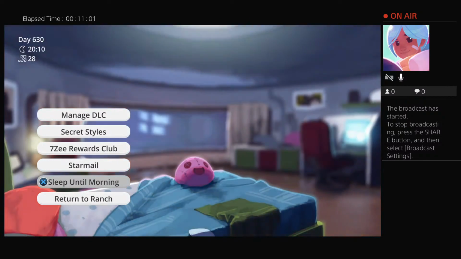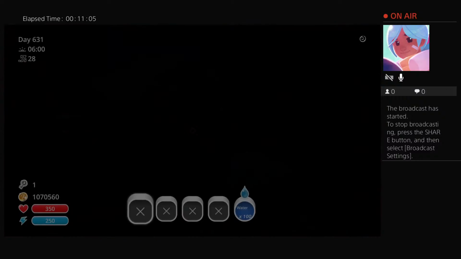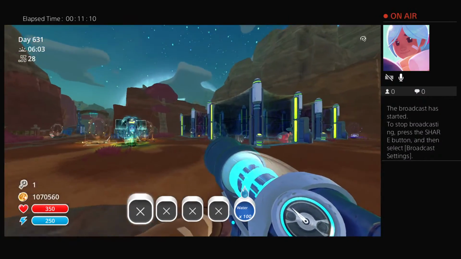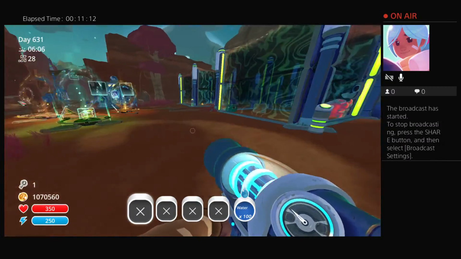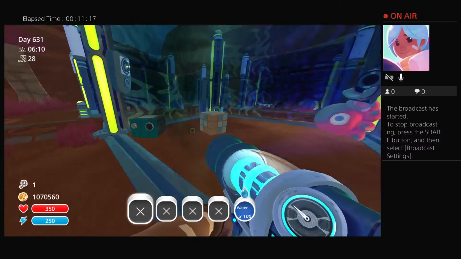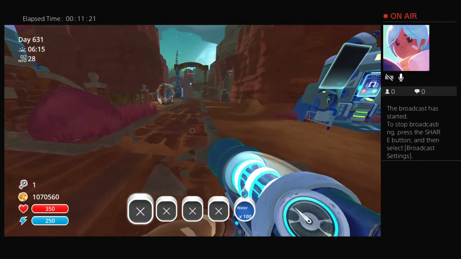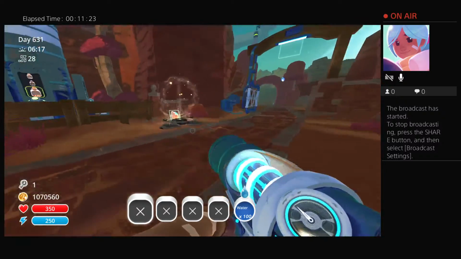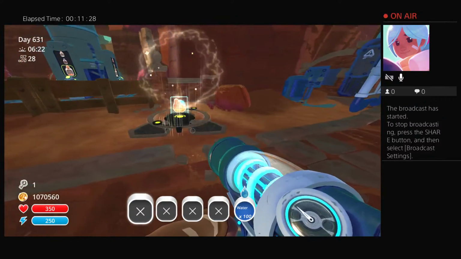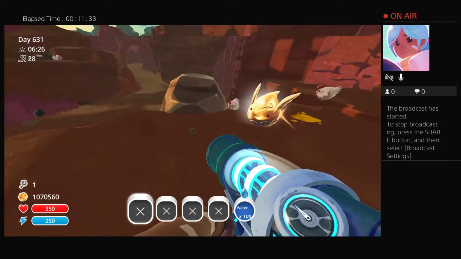So I'm gonna have Beatrix go to sleep for the day, and then, okay, here we are, start of the day. Now, I need to go out and find the Twinkle slime. The last one should be...